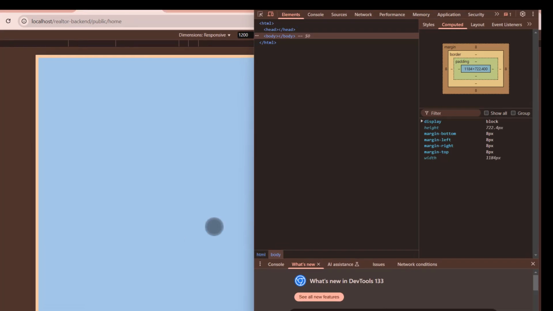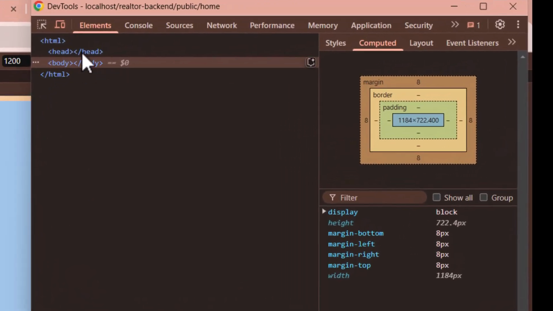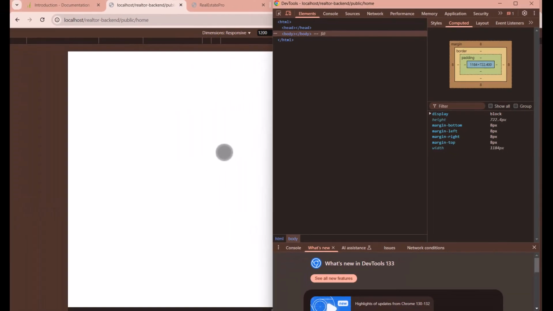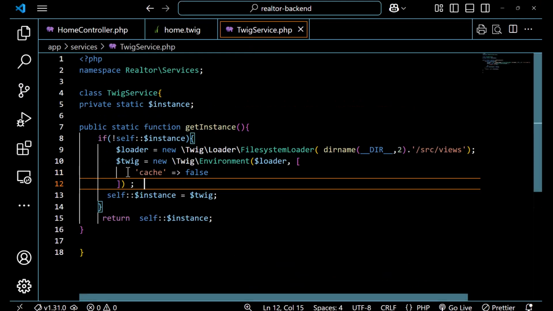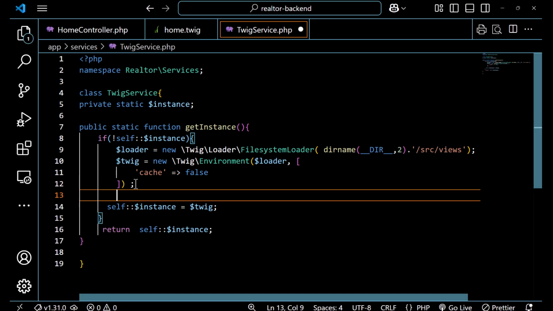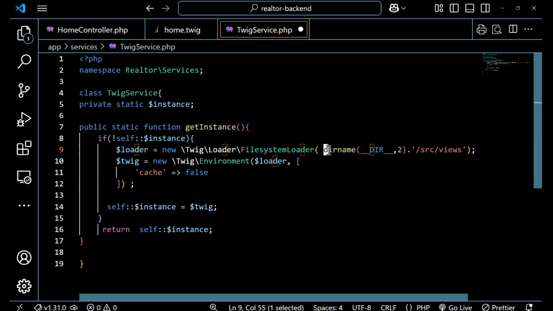Nothing. Now let's inspect. The HTML has been generated, but it's empty. Now, what could be the reason for that? I have one idea. Let's see if that is the problem. Otherwise, we will think of other reasons. So let's go back to the Twig service. Now, what we are going to do is this. Let's copy this part,